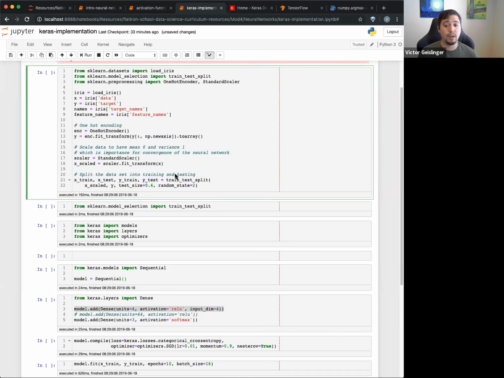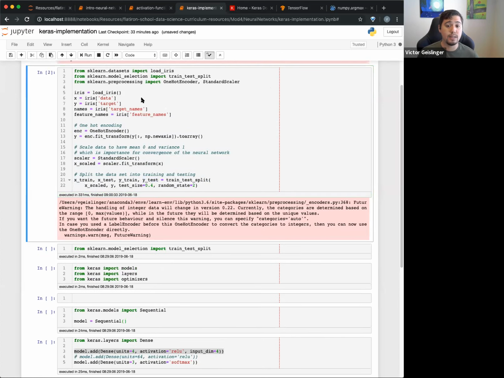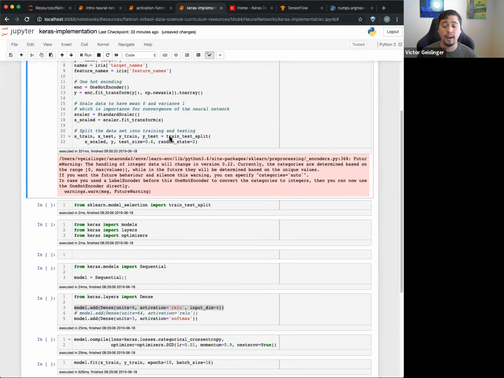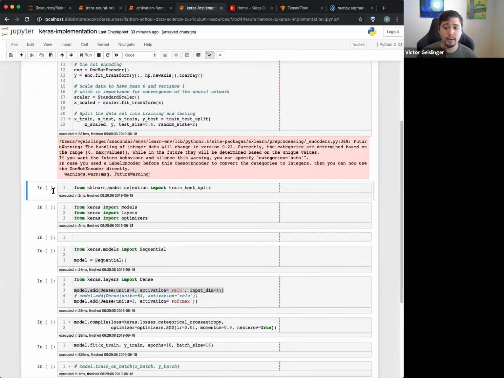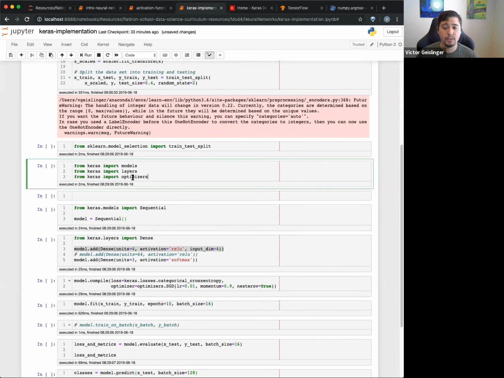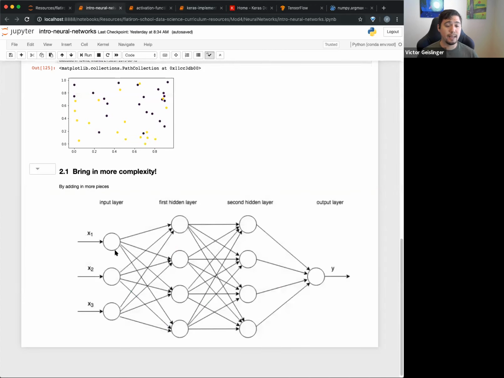So this is nothing unusual. And we could have put whatever data set we want here, okay? Then right here, we can see for Keras, we can import models, layers, optimizers. We can say what kind of model we're going to use. In this case, we only learned about sequential models, which are basically just these guys. Sequential meaning that you're just feeding it forward through it.